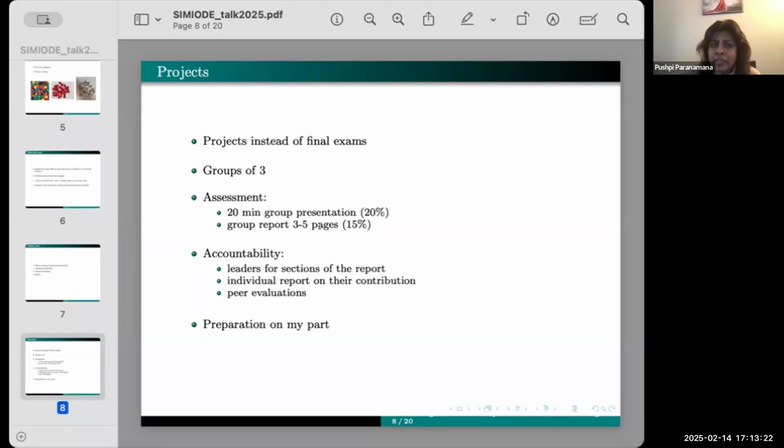And they have to write a 3 to 5 page report. So here I think you kind of have to limit the number of pages, otherwise they're going to write like 20 pages. Initially, when you say 3 to 5 pages, the students are going to question that, how are you going to write all these calculations? So then what I do is I talk about the 3-minute thesis competition, and then I